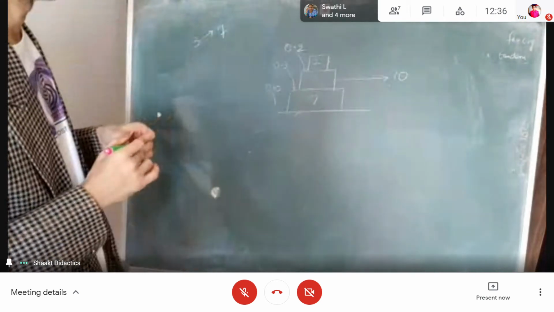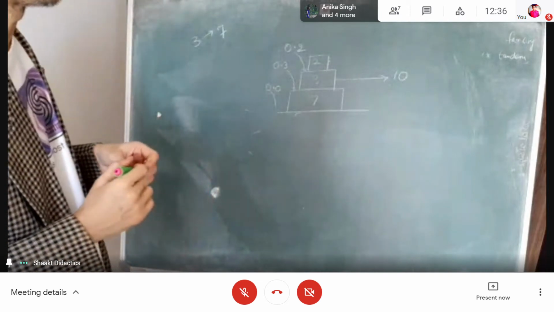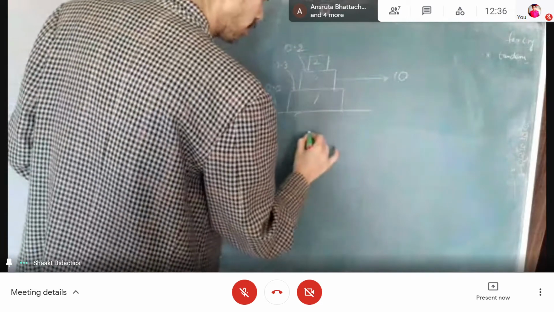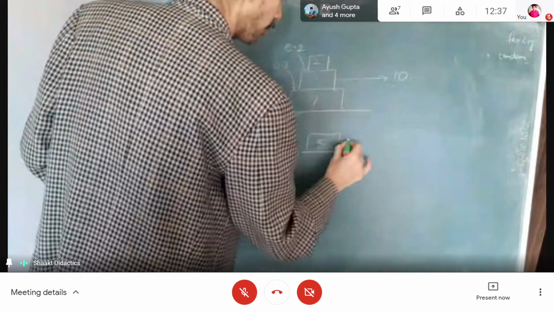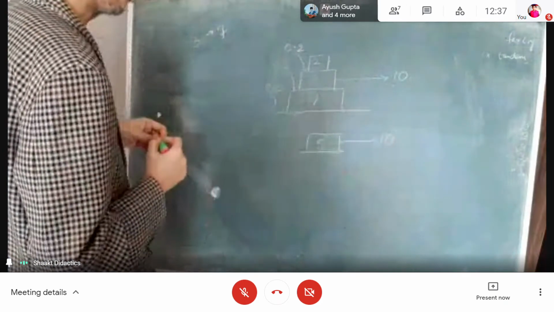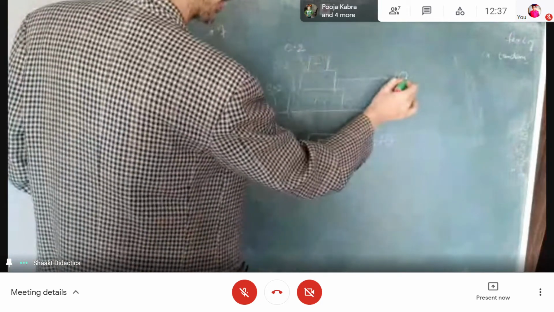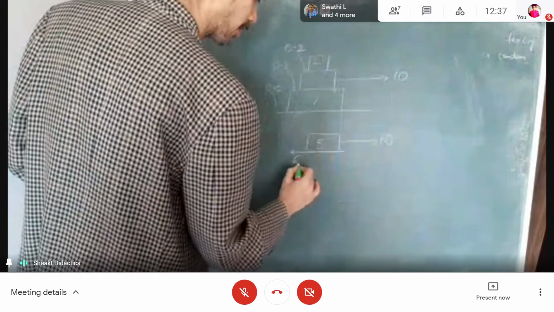So we'll take 2 and 3 as one unit. So this unit is of what kg to us? 5 kg, on which 10 is applied. And what will act backwards here on this one? On this there will be a Fs, force in the backward direction, Fs.